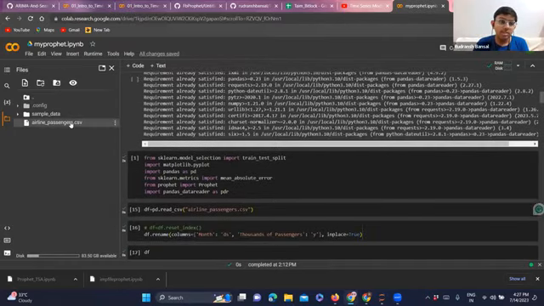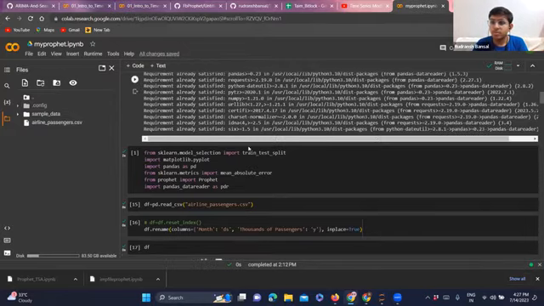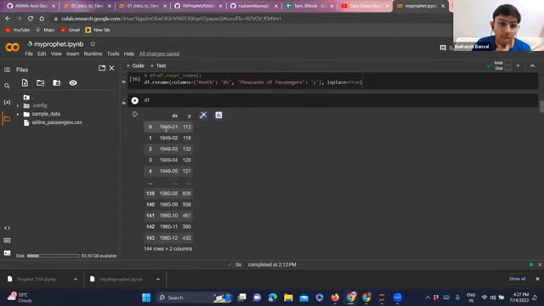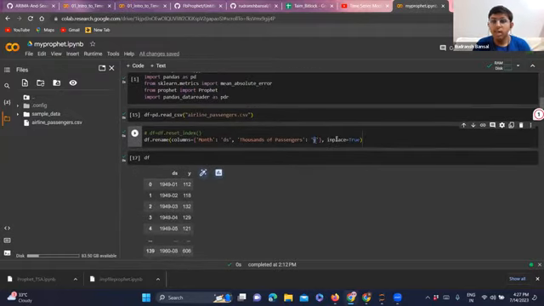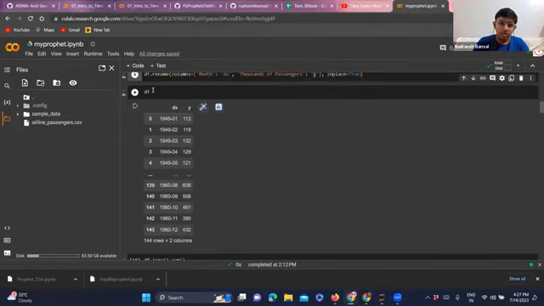So here I'm accessing this data, the airline passenger data. You've got month and you've got a value, nothing more. So as you can see, we have a month and we have a value. Just for ease of use, I've converted the month to DS, date stamp, and the thousands of passengers column, which was initially in the airline passengers CSV, into Y. So what we'll be doing here is predicting the value of Y. This is your database, quite easy.